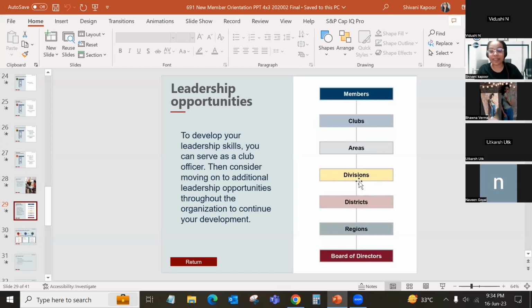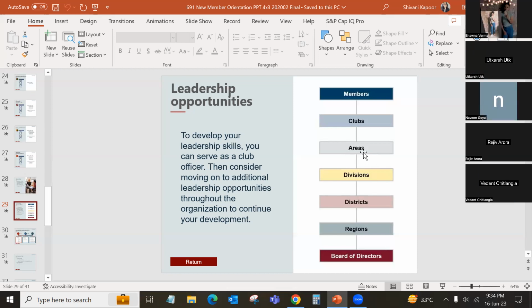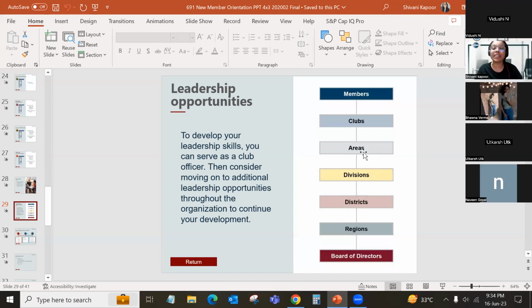So we currently are under Division H and Area 2. Division H, Area 2 is mostly the clubs in Gurgaon. All the clubs in the Gurgaon area are in the H2 area, and there are other areas as well with clubs located in Gurgaon, but we are under H2. After area, it's club, and then in clubs there are members. So a member belongs to a club. There are different clubs that belong to an area, different areas that belong to divisions, and so on, like you can see in this flow.